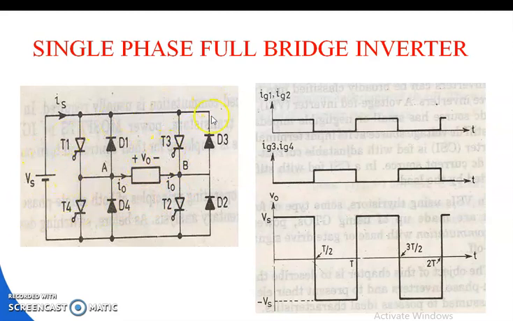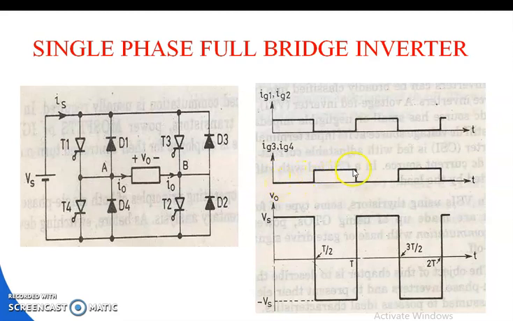In that case the current flows from the source to the load by following the path Vs, T3, load, T4, and returns back to the source voltage Vs. During this period T3, T4 are turned on by giving other gate pulses Ig3 and Ig4. Ig3 is for turning on thyristor T3, and Ig4 is for turning on thyristor T4. So in this portion, where thyristors T1, T2 are turned on, the Ig3, Ig4 gate currents will be 0 here.